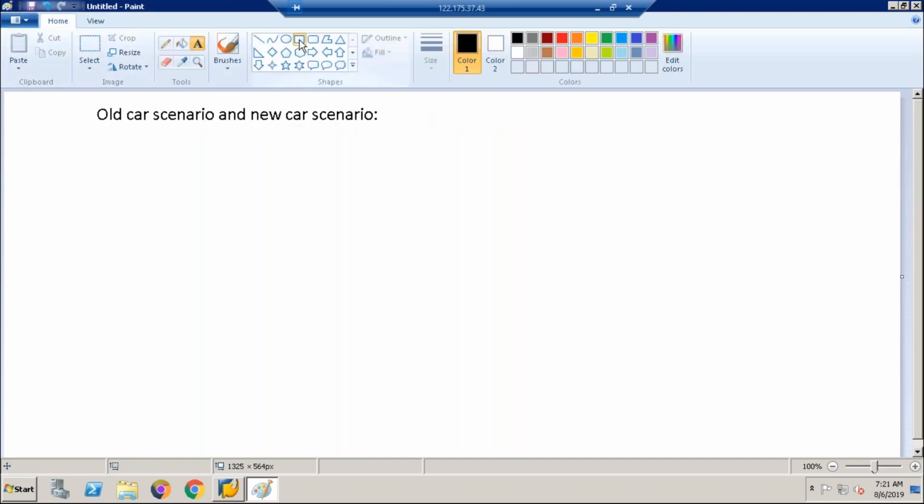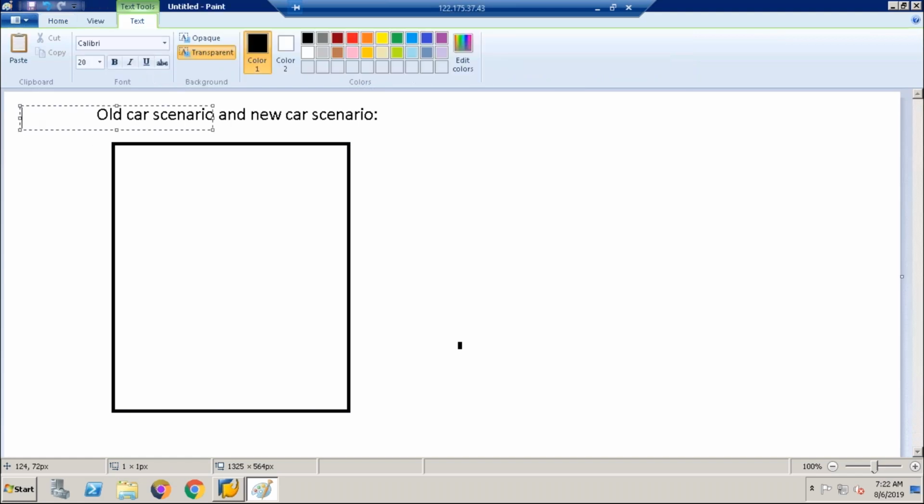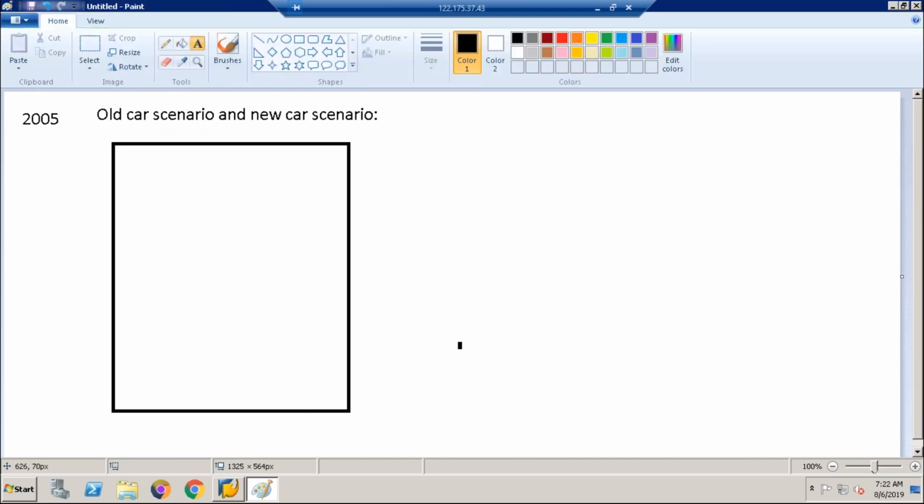Now see, suppose we have a company and this company has been implemented somewhere in 2005, guys. So their SAP implementation has been done in the year 2005. Say it's an XYZ company.